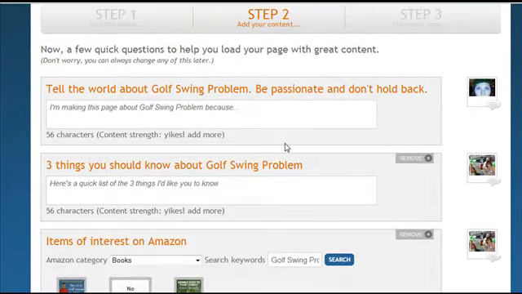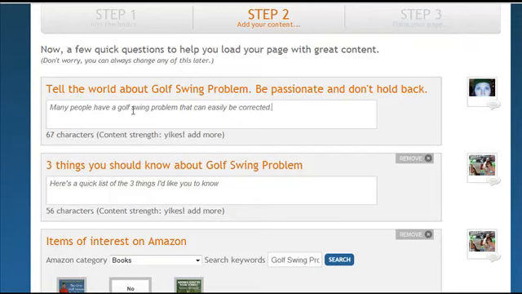And again, just fill these boxes in with the small amount of information that Squidoo is asking you for. So just make something up. Many people have a golf swing problem that can easily be